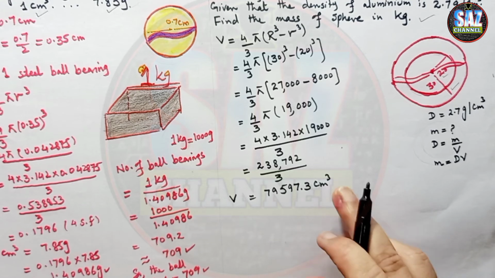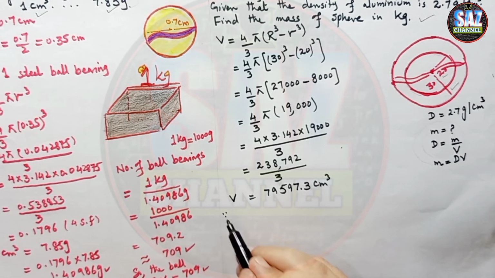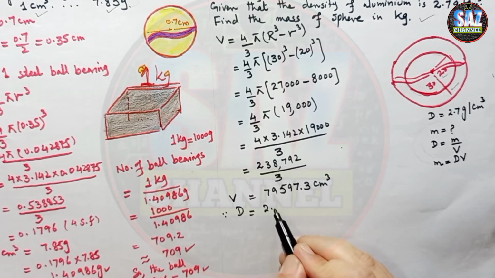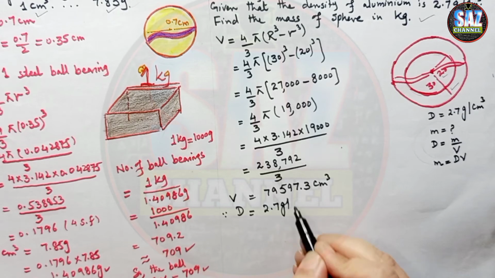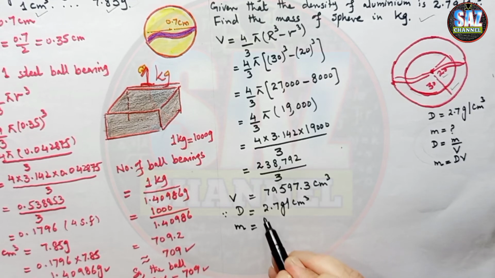Okay, now we have got the volume. The density given in the question is 2.7 gram per centimeter cube, and we have to find the mass, and the formula for the mass is D times